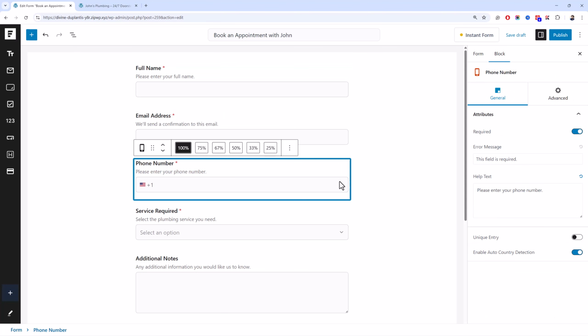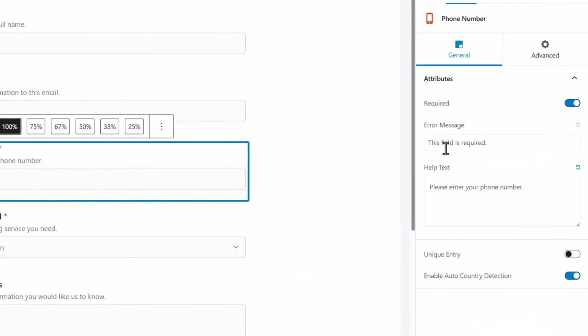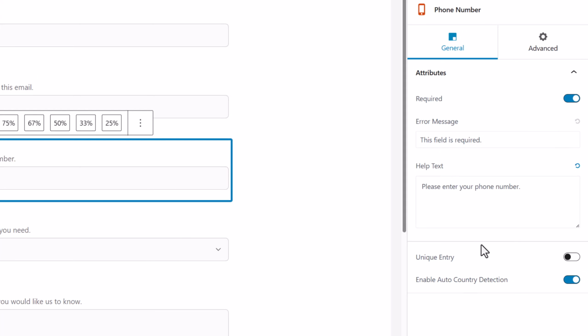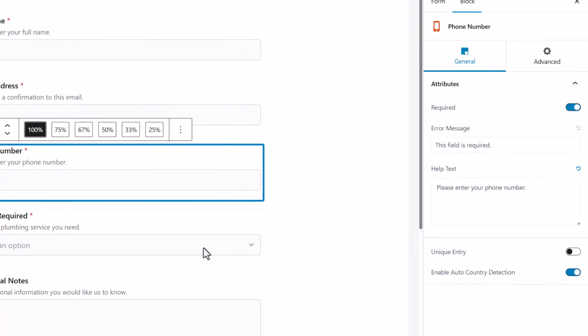Okay, each field will have some common settings and additional settings depending on the type of field. Like if you want to make this field a unique entry, that you can do as well. Like if you don't want a person to submit multiple forms from the same number, you can set this to the unique entry.